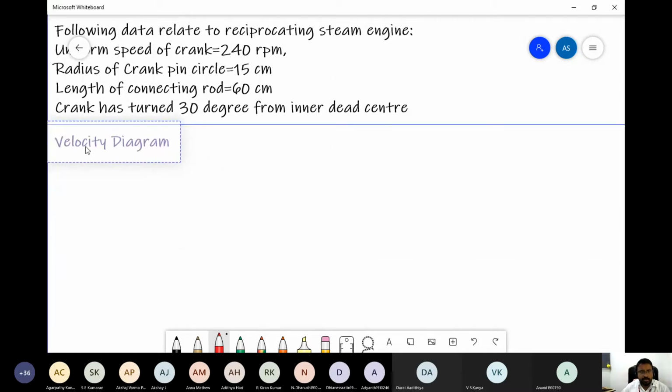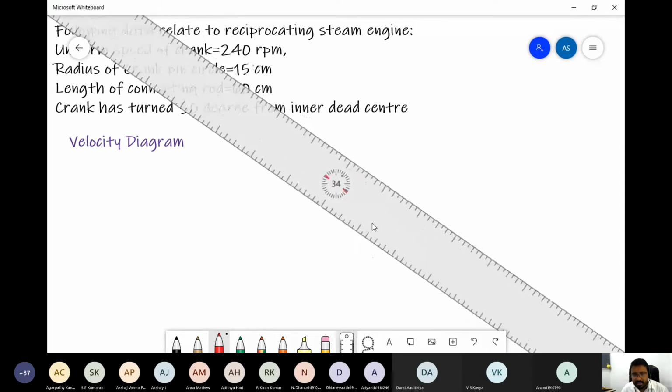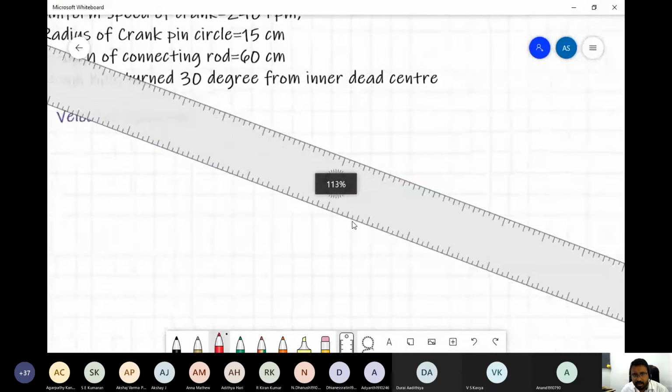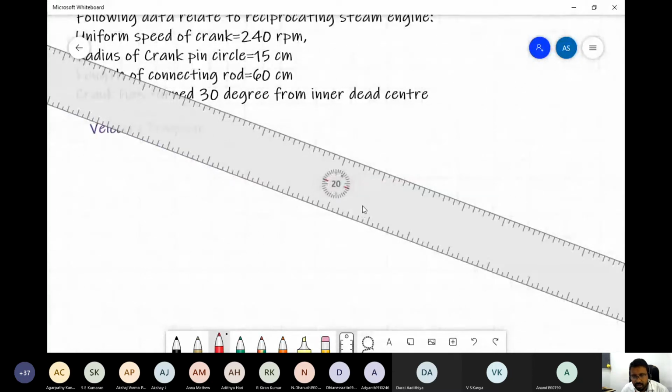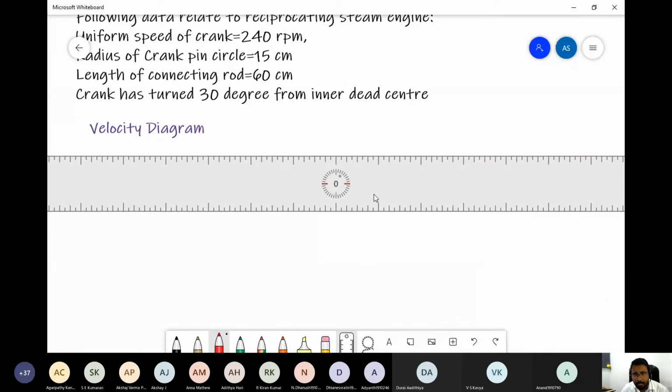Okay. So let it be here. Velocity diagram is what we are going to draw. Before drawing the velocity diagram, we should draw the free body diagram of the question that is given. So we know how to draw the free body diagram of the question that is given. First of all, we should draw a horizontal axis to represent the diagram. So this is a free body diagram we are going to draw. Before starting the problem, first we should draw the given problem. That is our first duty.